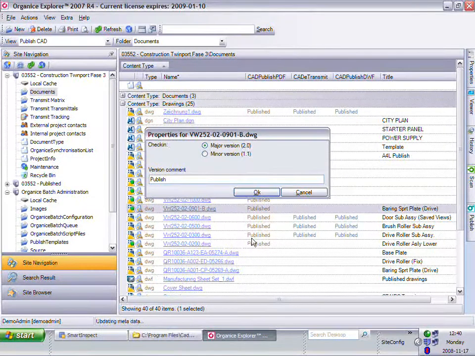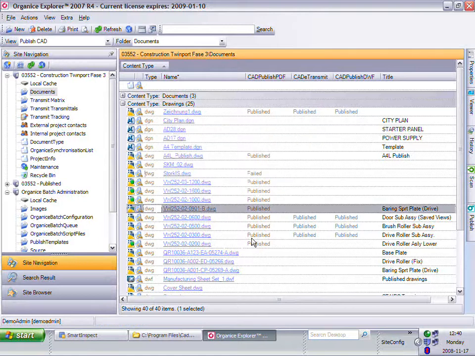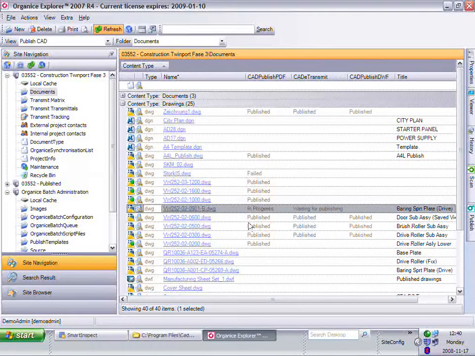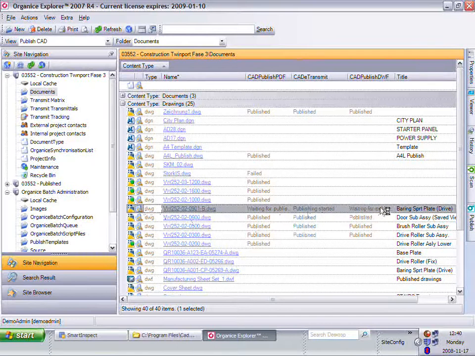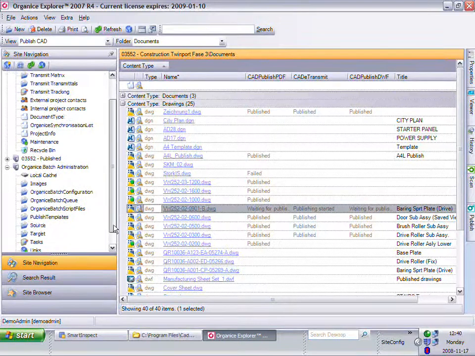If I click OK and refresh my list, you will see that one workflow is already in progress, and the other one is waiting for publishing. If I refresh again by clicking the right mouse button, you see that all workflows have been triggered: waiting for publish, publish started, and so on. Very important is that the user can now continue his work, because the complete publish process